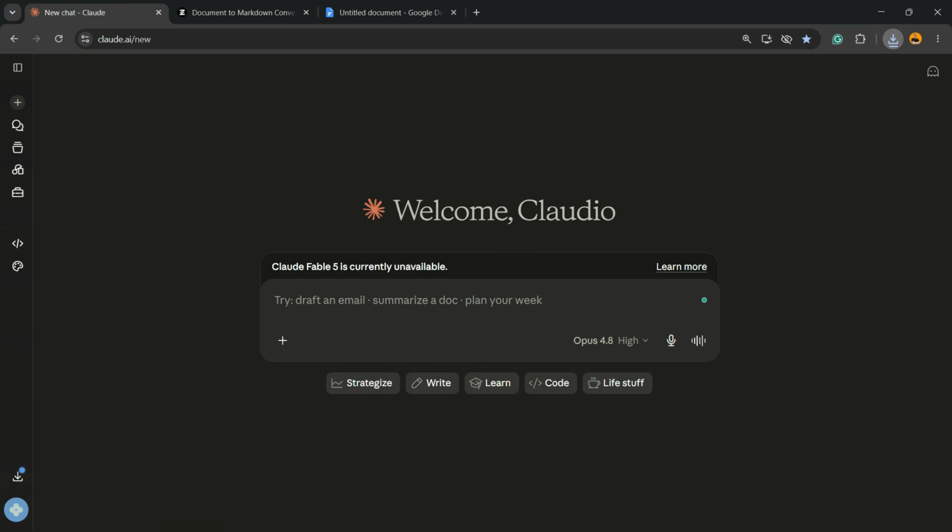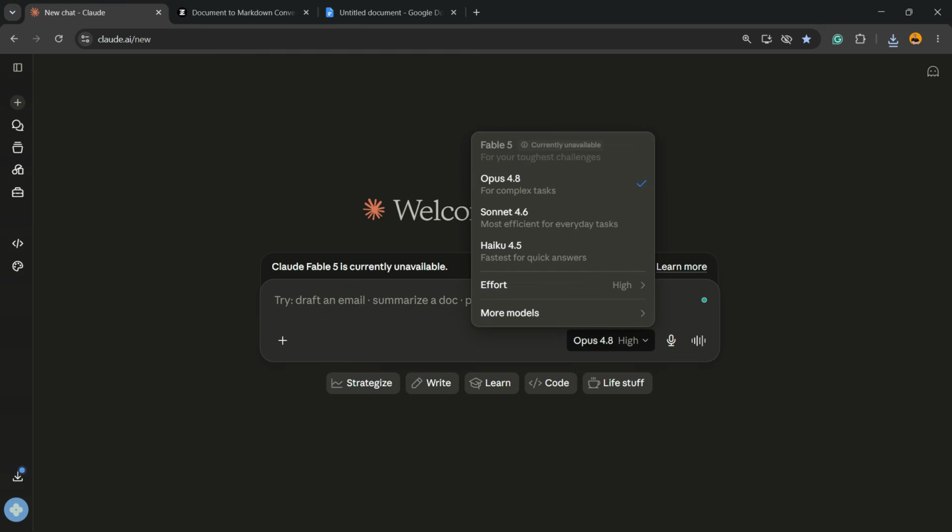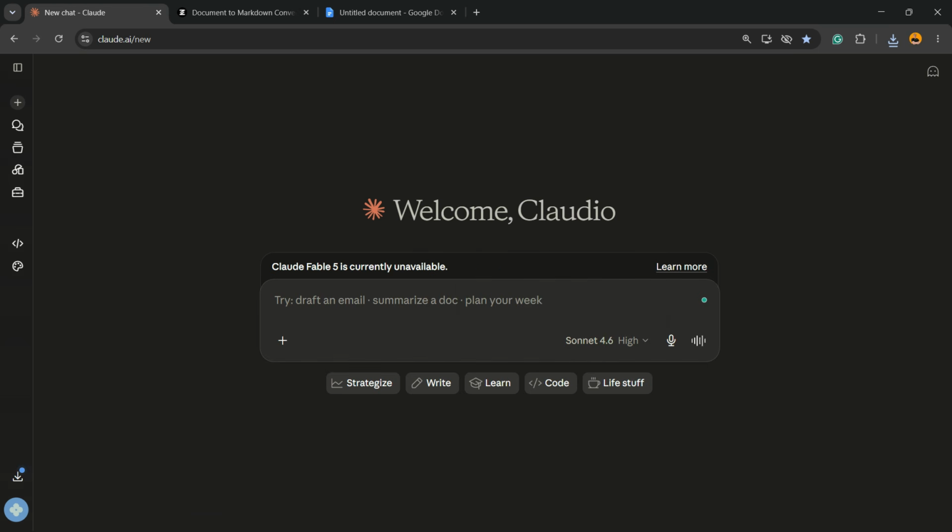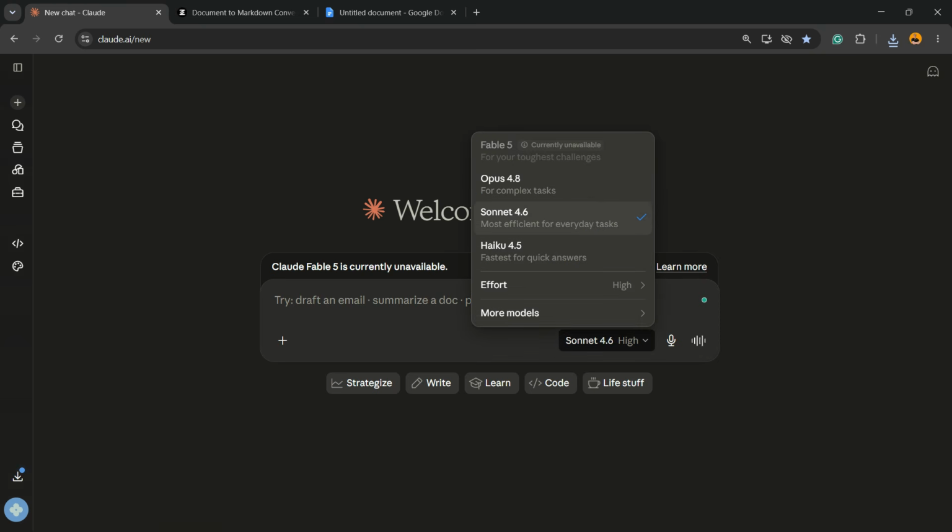After, imagine that you are not a developer, you aren't creating some mobile app, you are not creating software dashboards, you have absolutely zero need for Opus 4.8, you can use Sonnet 4.6, it's perfect for you. And in the case that you're not sure, you can ask the AI, you can select Sonnet